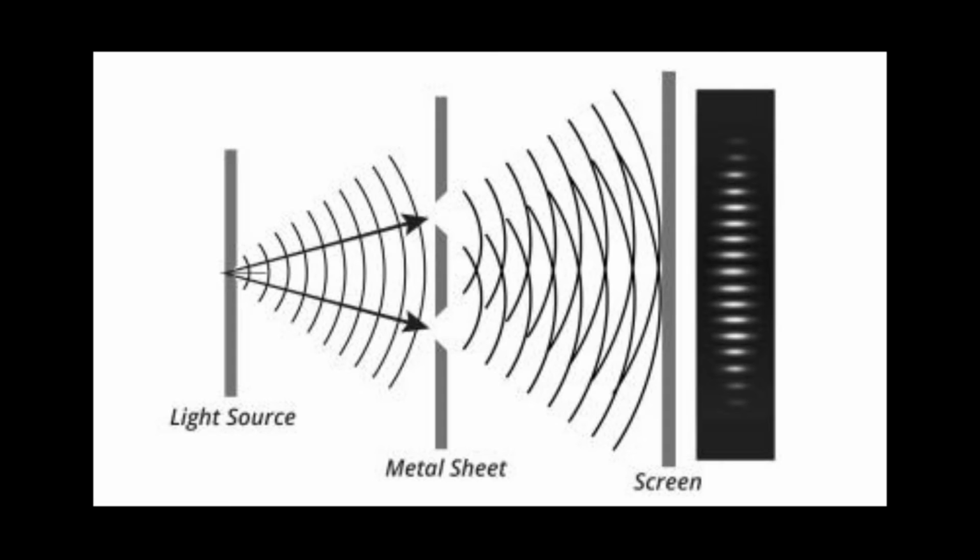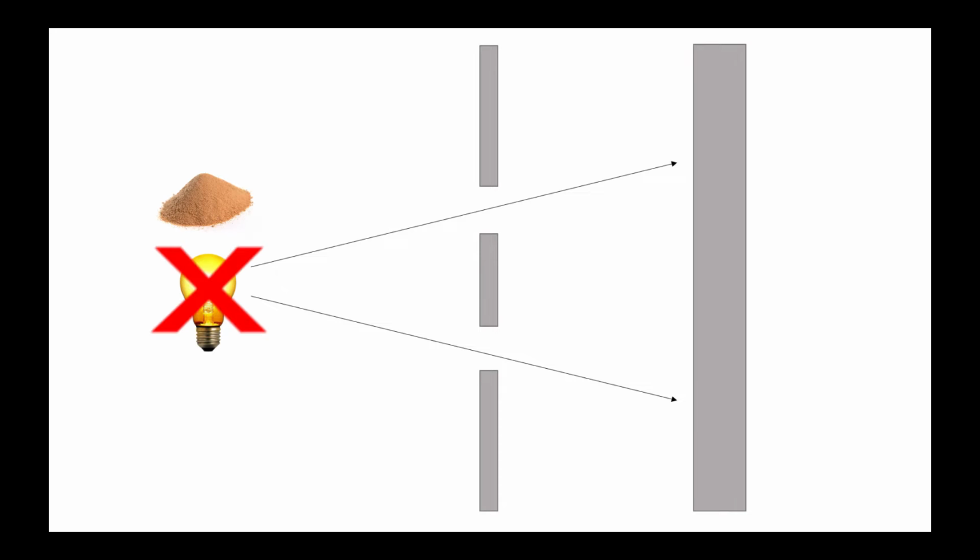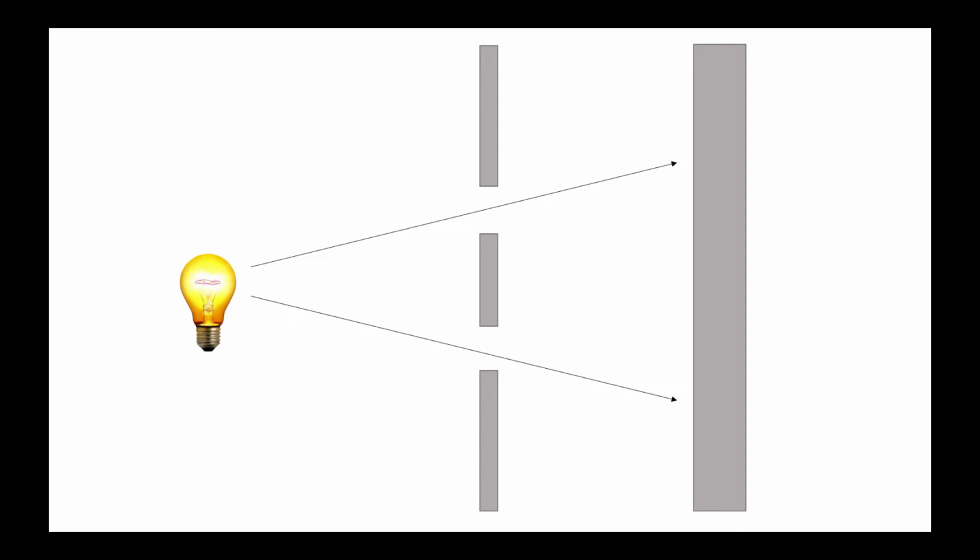In 1801, Thomas Young devised the double slit experiment. In this experiment, light was shined through a double slit, and the light passing through the slits is projected onto a screen. Normally, if particles, such as grains of sand, were to pass through these double slits, the particles would form two regions directly behind the slits. However, in the case of light, something strange formed on the screen. Bright and dark bands can be seen.